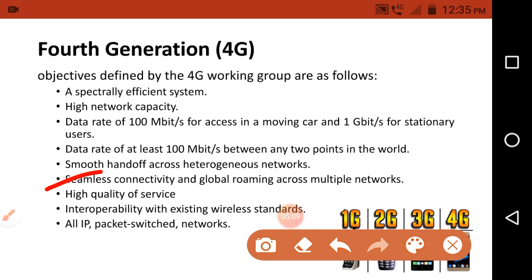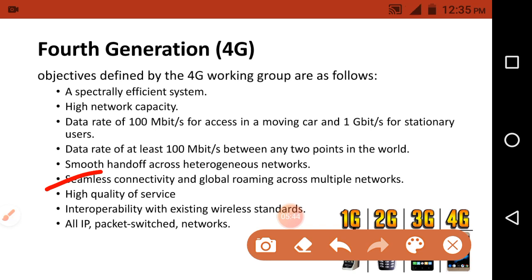A particular service provider has limited coverage, so the neighboring service provider can extend that coverage through roaming. Through roaming, the mobile station can access any service provider's network, and this is possible through the 4G technology.